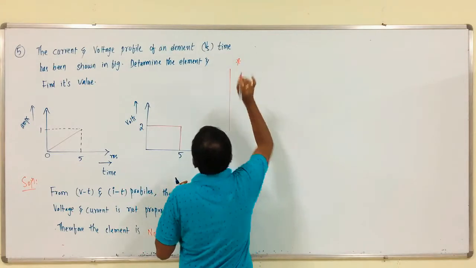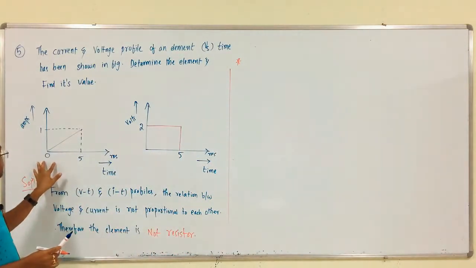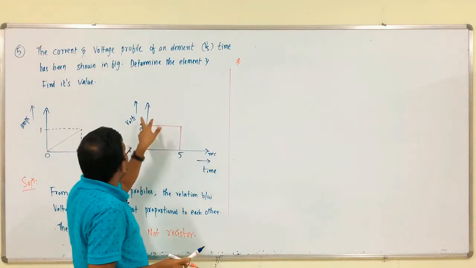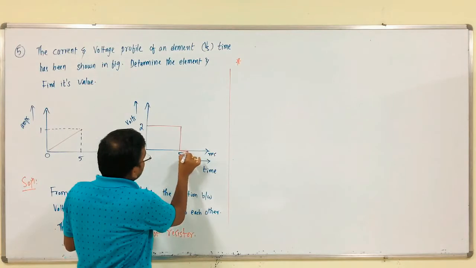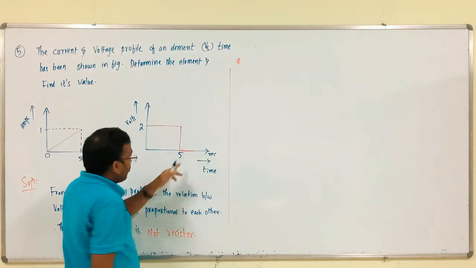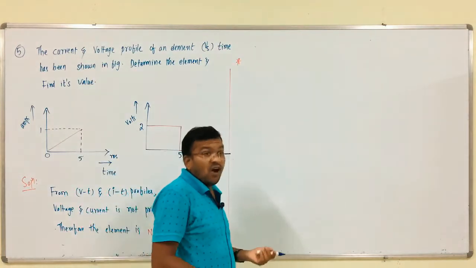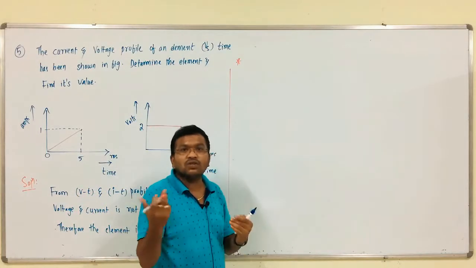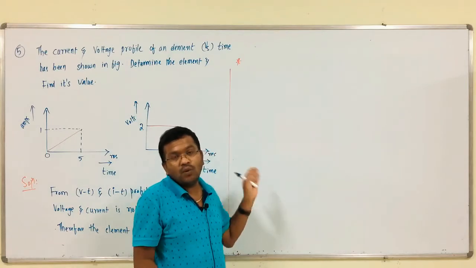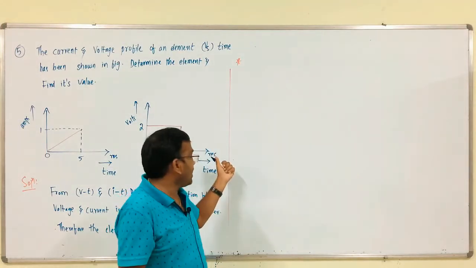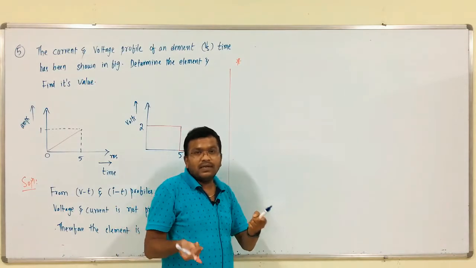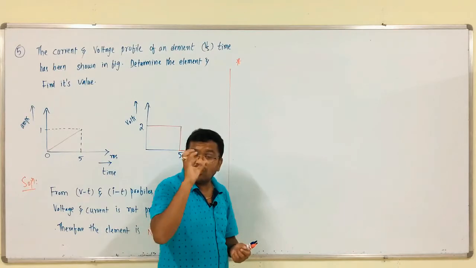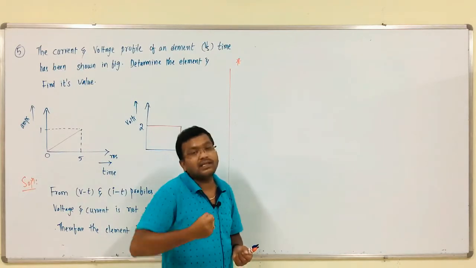The next observation. So, from these two, here after 5 milliseconds the amount of voltage is 0, right. After some time the voltage is 0, means it acts as short circuited, from this voltage time profile. Then which element acts as short circuited after some time, you have to analyze.